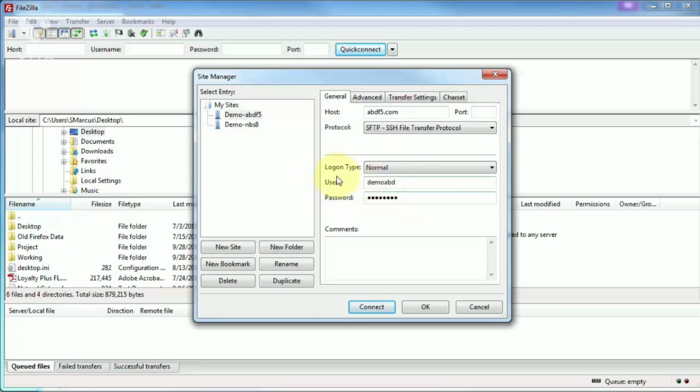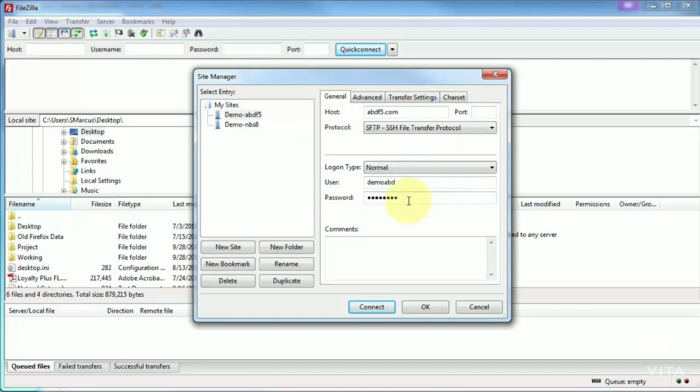user and the password. Now, if you don't know what this stuff is, go ahead and contact your hosting service and ask them. Tell them what you're doing. You're installing WordPress on your server, and you're using SFTP on FileZilla. What's the host name, the port, the username and password that I need to enter into those boxes to get connected? And also, while you have them on the line or on the email, ask them what the database host name is. I'll get to that here in just a second, but that is something you're going to need to know when installing WordPress. So go ahead and ask them while you got them if you need to contact them